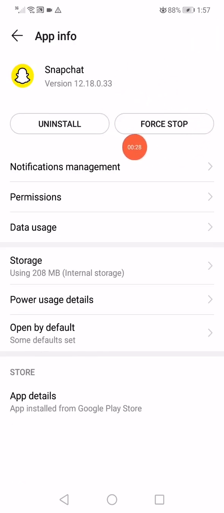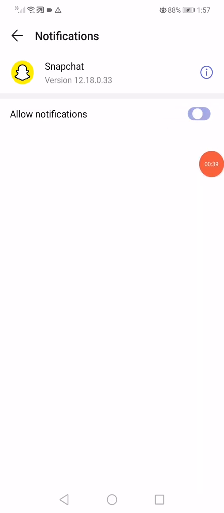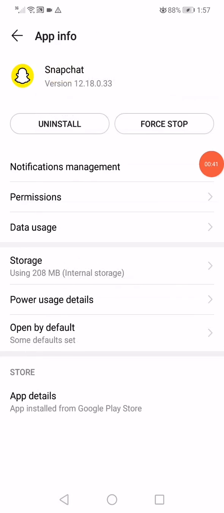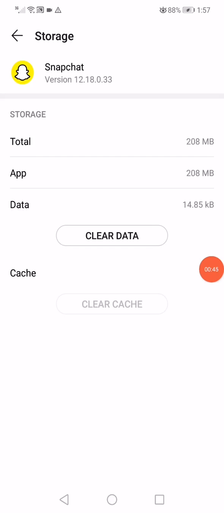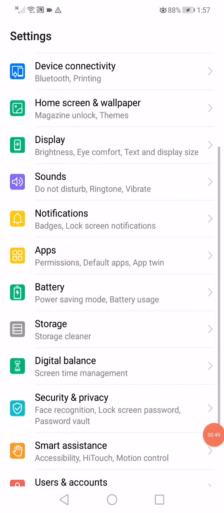Click on Snapchat, click on this stop or force stop option, and then go to notifications management. And now on this page, what you want to do is disable the notifications and enable them back, and then go to the storage, click on clear data and click on delete,